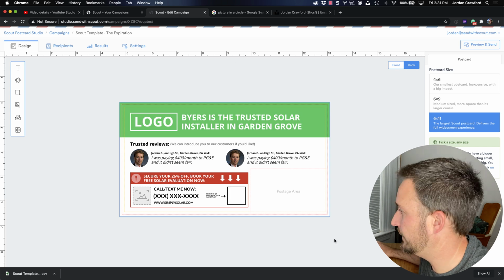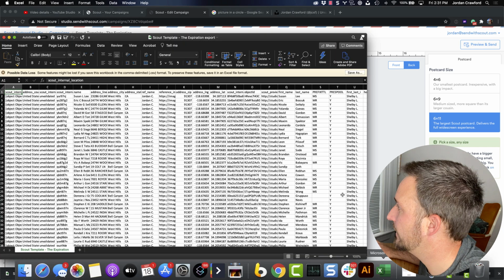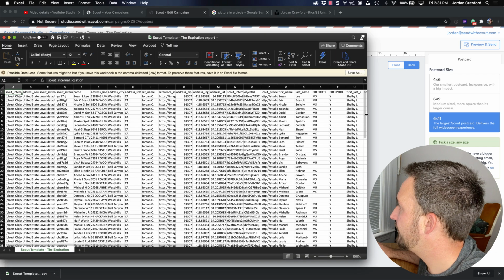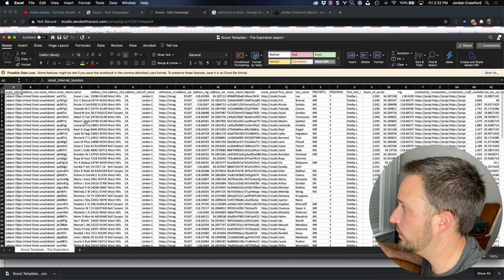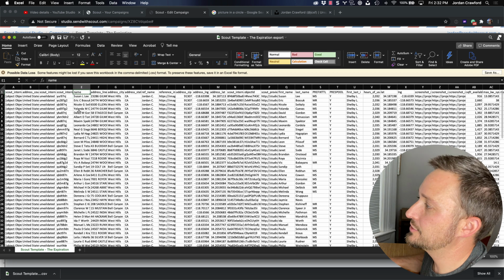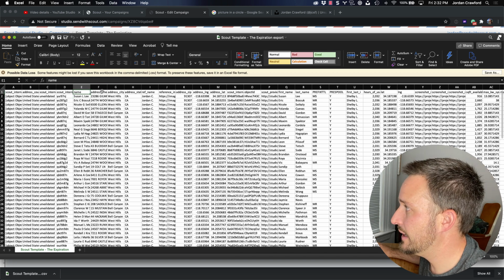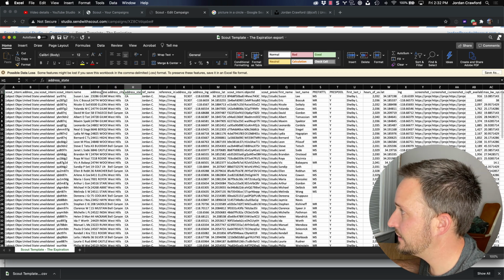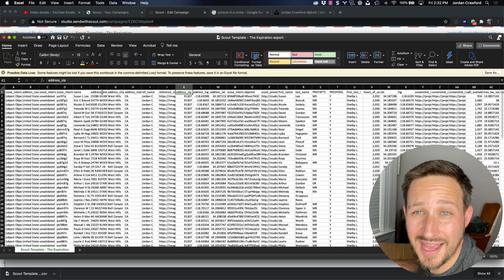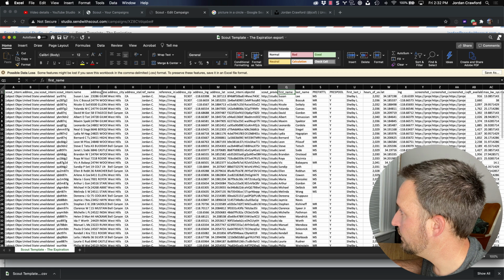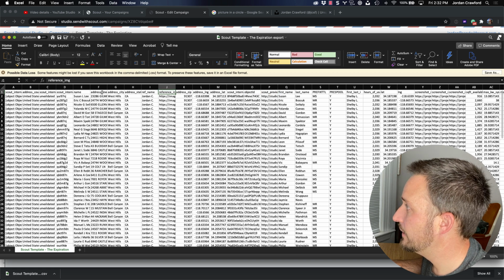So it all starts with our list. Let me pop up our list here in Excel. I've got a template that's already here, but I'll show you how this works. So of course you've got your fields that are required for Scout, which are name, address line 1, address city, state, zip. These are all required. You have to have those. But we've got some other really cool fields here. I've got this thing called